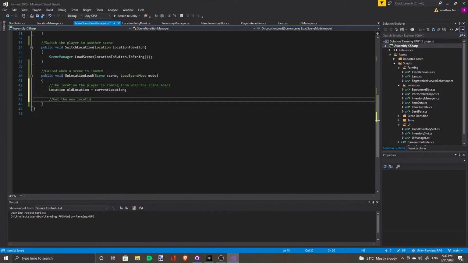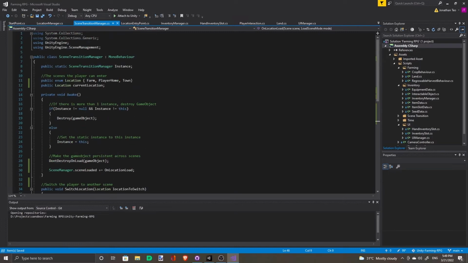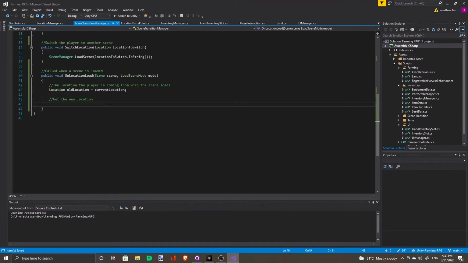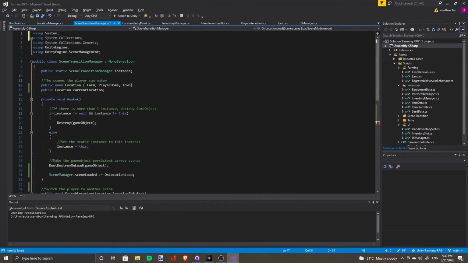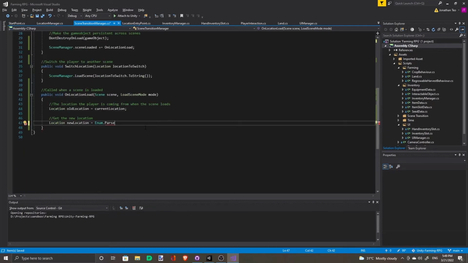And the new location. Since we named our location enum values exactly the same as our scene values, to get the new location we just have to pass the values. Use Enum.Parse, using System. It cannot convert, so we need to cast it first.